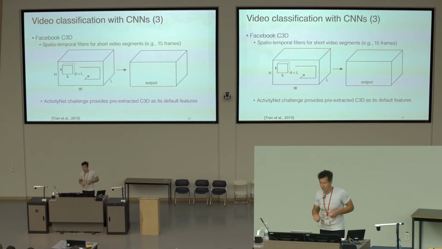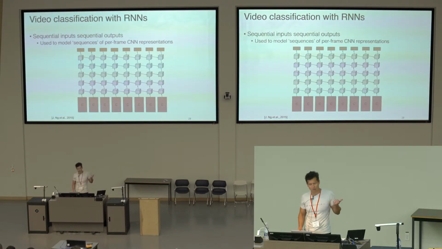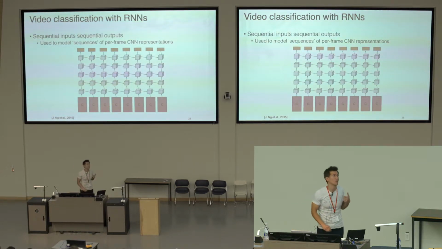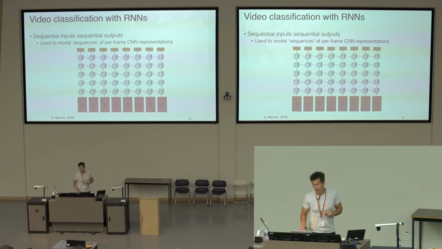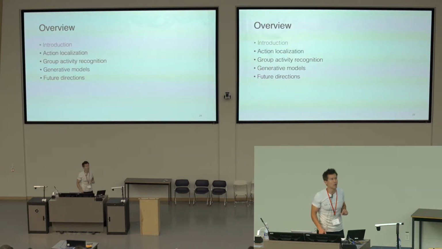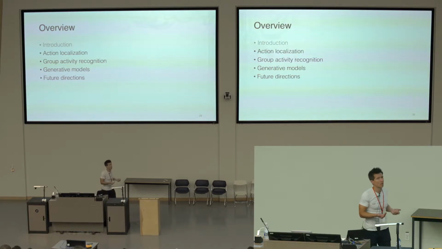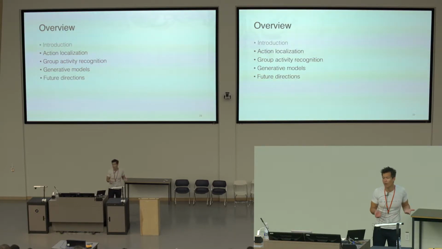Okay, and finally, we just had a great lecture on RNNs. There's a whole bunch of work that uses recurrent neural network type architectures, either LSTMs, GRUs, or other variants of those to try to process what's happening. Okay, so that's the very quick introduction to video processing and what happens in modern video analysis techniques.